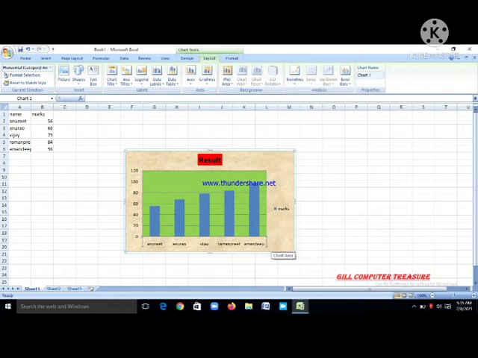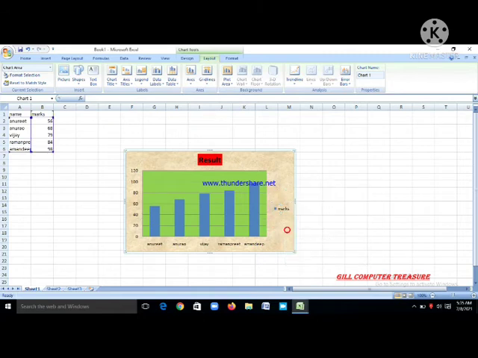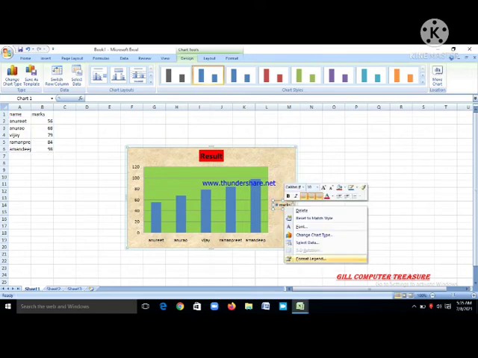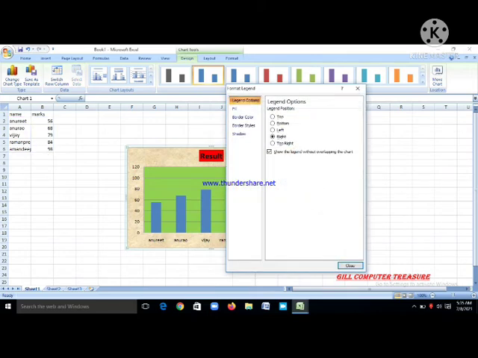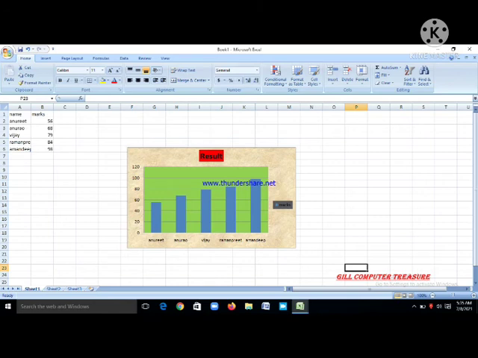Formatting the legend. Students, we can also change the formatting of the legend. So right click on the legend and choose the option Format Legend from the pop-up menu. And here we have to select the fill color. And we can also give the border to the legend. In border we have to select the width of that border and style of that border, as well as we can change the color of that border. After settings, close the window. Your changes will appear in the chart as we have done in the settings.